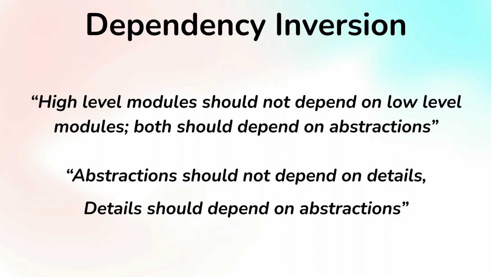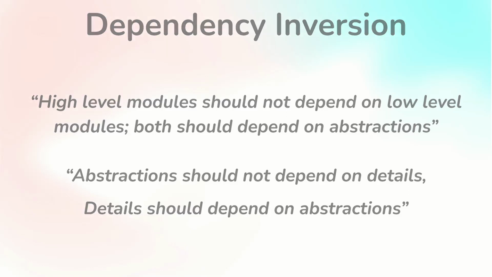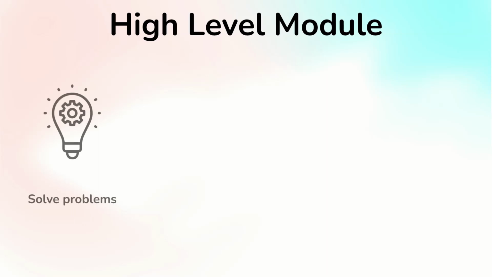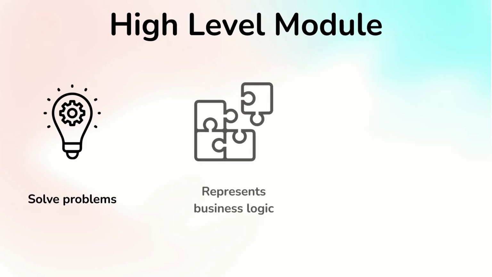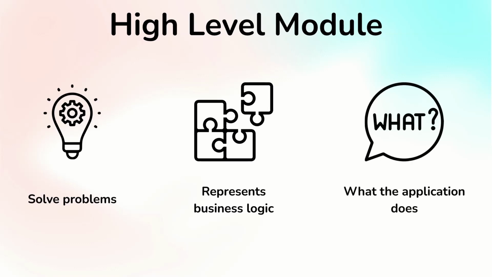This may seem an abstract definition, so let's start by asking ourselves, what is a high-level module, a low-level module, and an abstraction? So let's take a closer look. High-level modules are the part of your source code that provides added value. These modules are written to respond to problems and use cases. They're generally a little abstract and represent the business domain, or we might call it business logic, to represent the application's functionalities. And finally, these high-level modules tell us what the application should do, but not how it should be